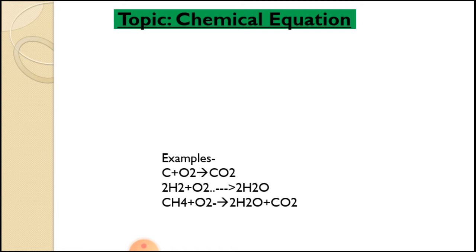When carbon burns with oxygen, it produces carbon dioxide and heat. C plus O2 reacts to give CO2. C and O2, carbon and oxygen, both are reactants, while CO2, which is obtained after the change of composition, carbon dioxide, is called the product. Both are separated by an arrow. The direction of the arrow indicates the flow of reaction.